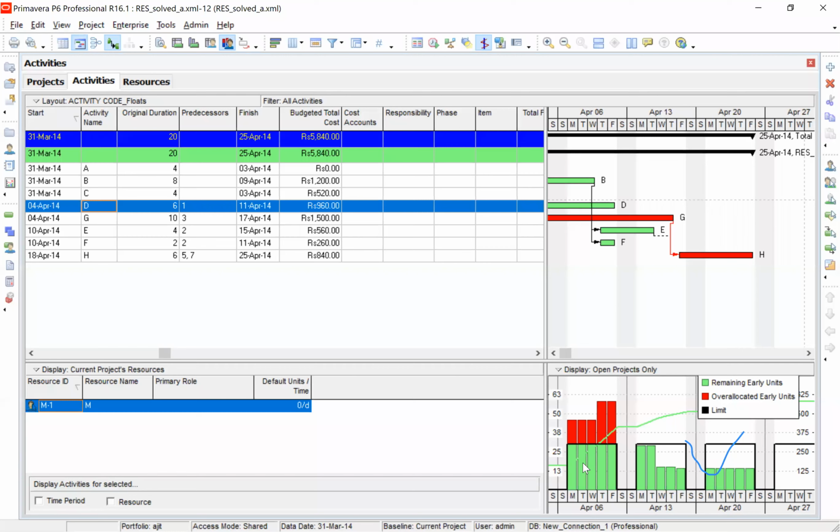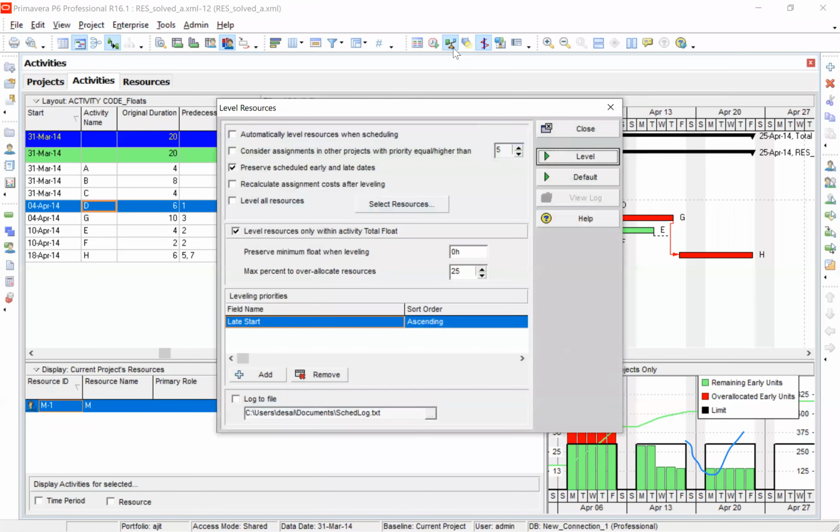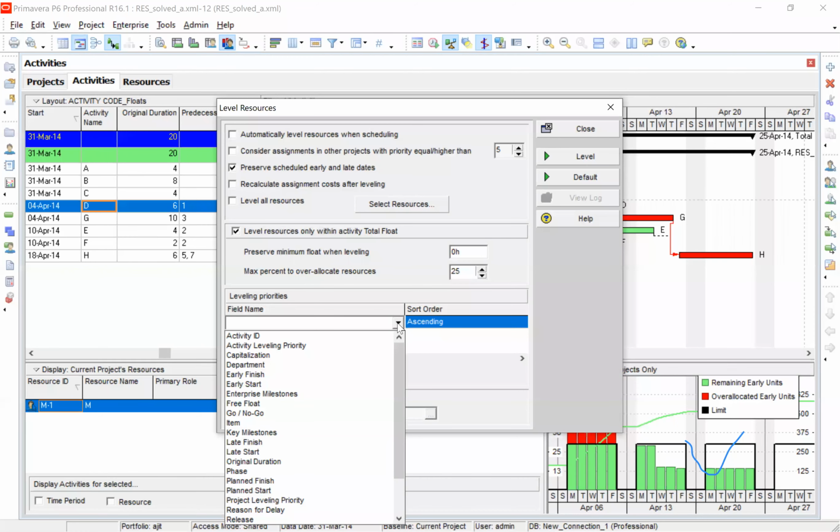I gave you the detailed steps of resource leveling. I am following those steps, but with the default setting of Primavera. I go to the resource leveling window and I will remove this and add activity priority, which is the default activity leveling priority.